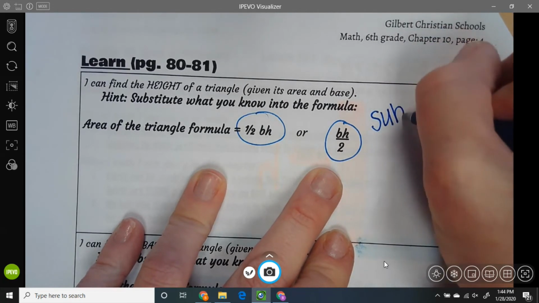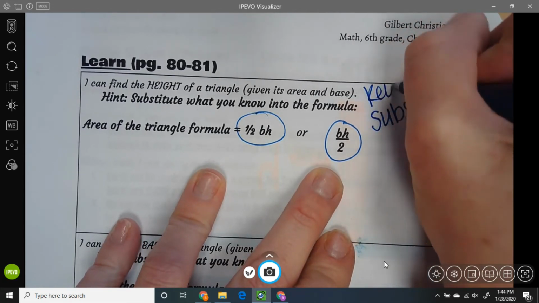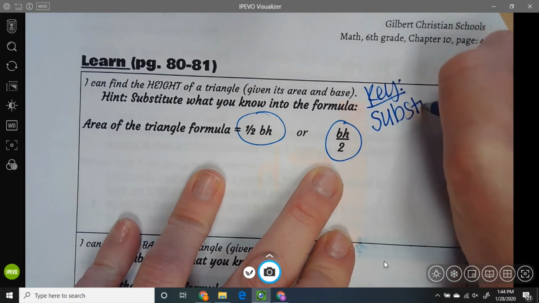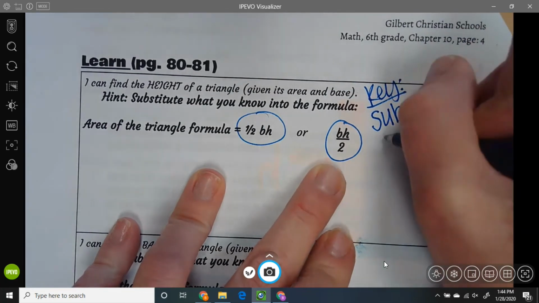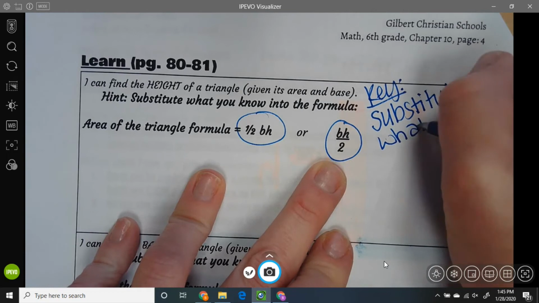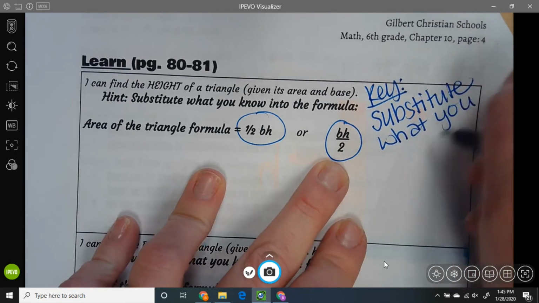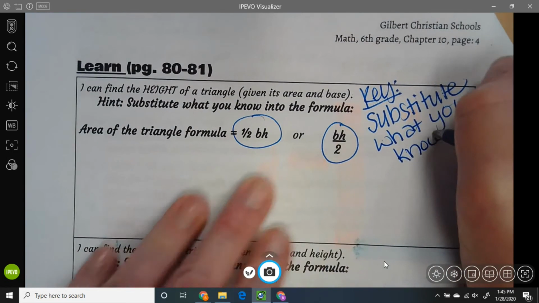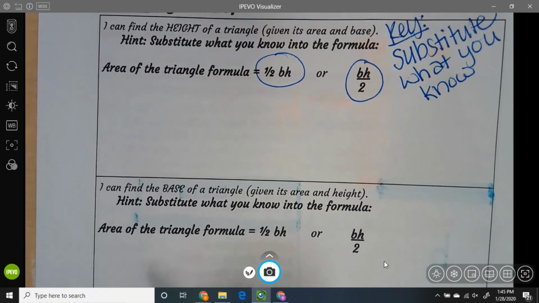so the key will be to substitute what you know, and then you just have to solve for one variable. Okay, so for instance,